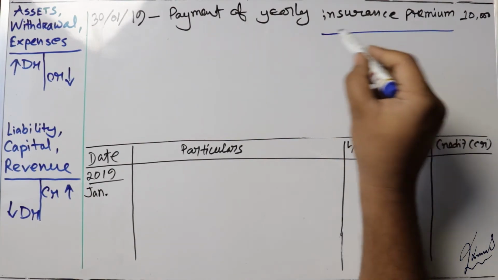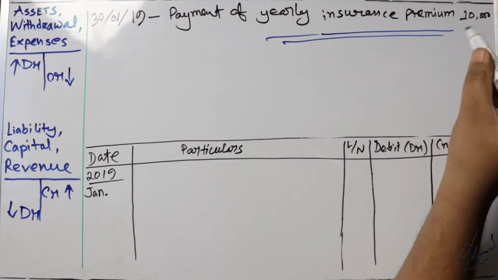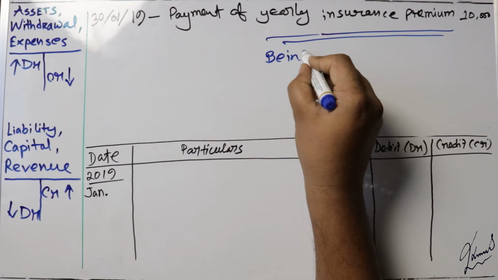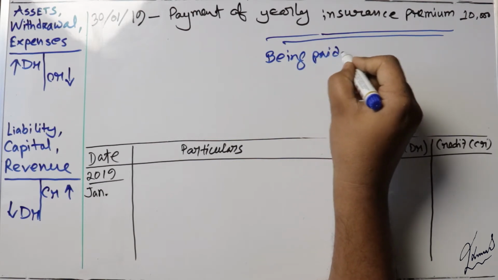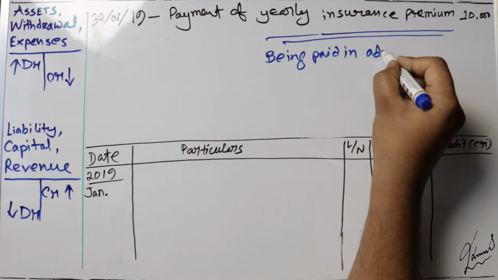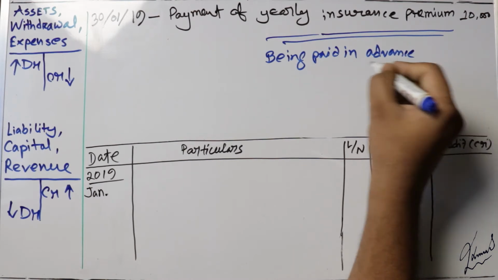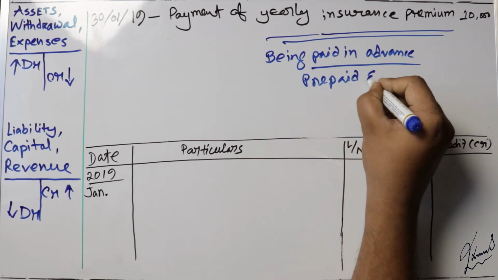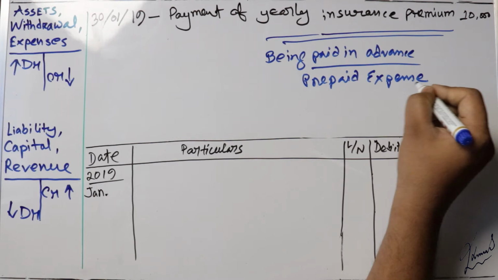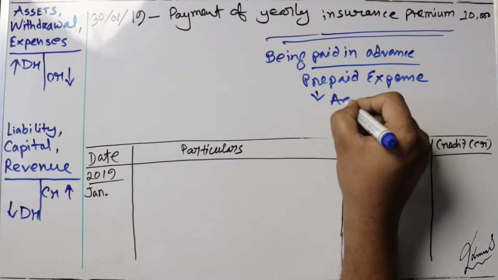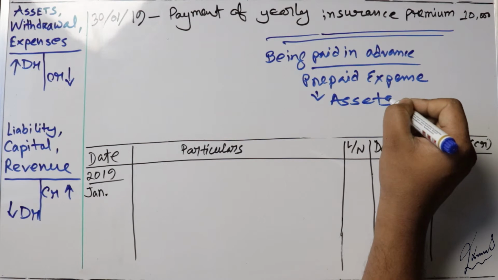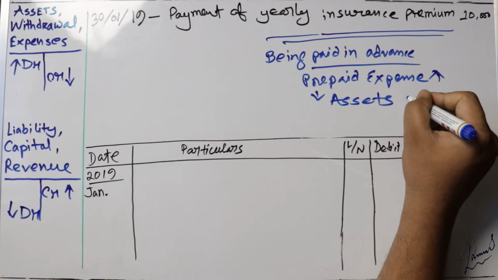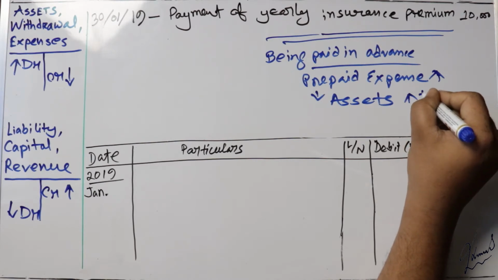Let's move to the next transaction, that is payment of yearly insurance premium. So yearly insurance premium is paid in advance because we do not pay insurance at the end of the year. We always pay insurance prior to the time it is covered. So it has been paid in advance, which is called prepaid expenses, and prepaid expenses is an asset. Any expense that is paid in advance will be an asset,